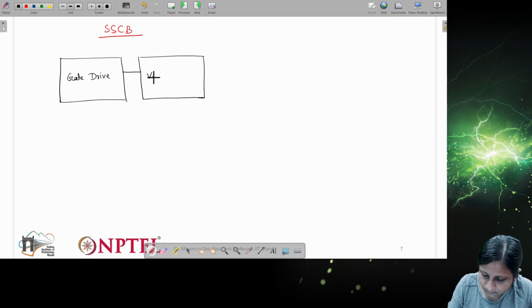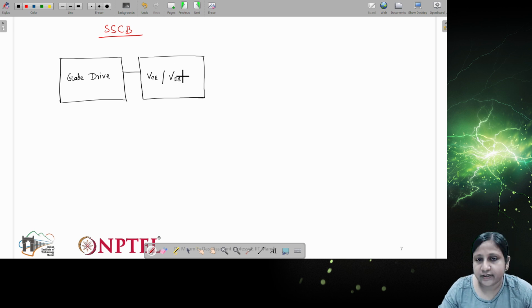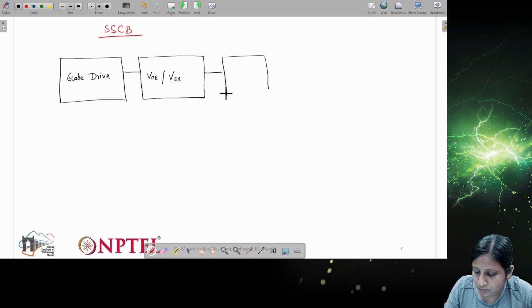I'll tell you, if we don't have information about this, then how to use this method. Then the third one is providing VGS control.